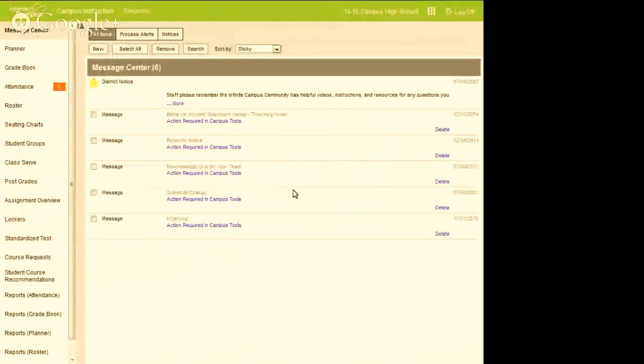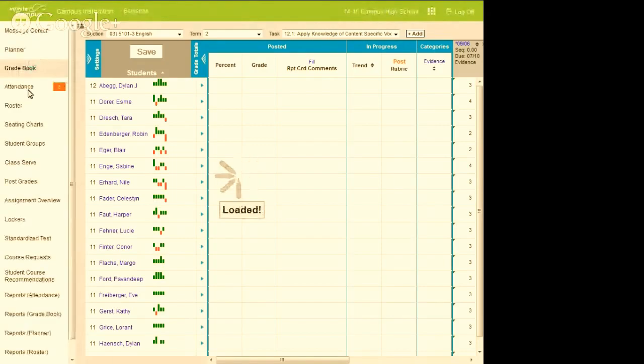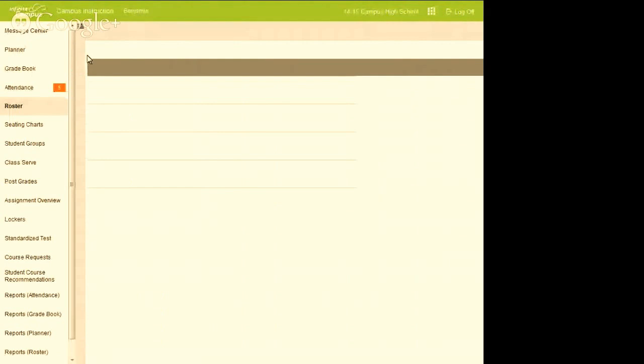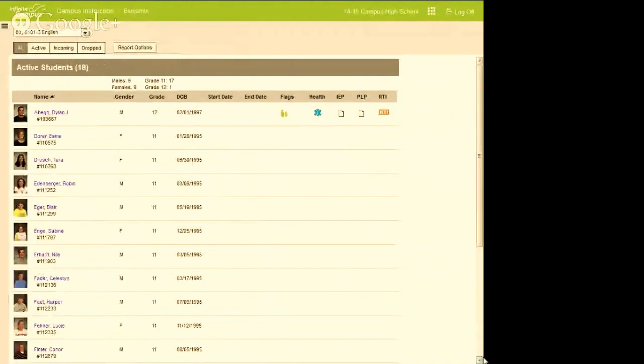So let's look at an actual assignment. I'll just show the creation of an assignment, and then I'll see what questions folks have. I'm going to go into the gradebook. You can add it from the planner. You can add from the, oh, I have to show the roster. So before I do that, when we look at a roster from a teacher's view,